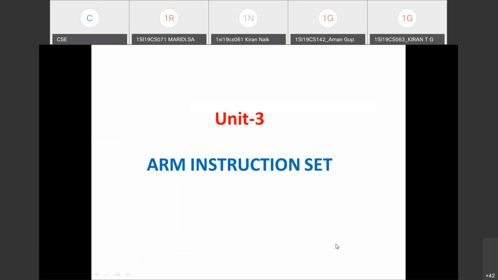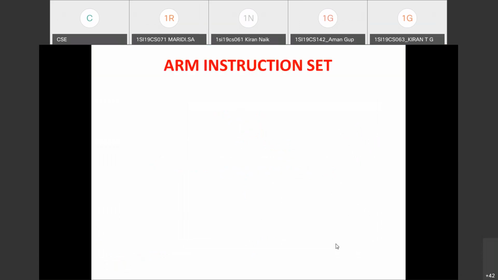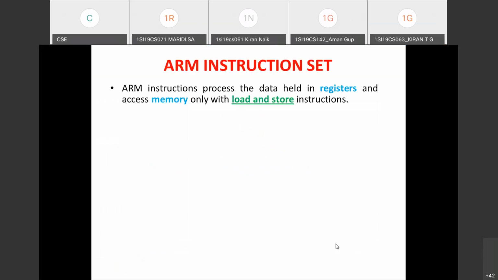So today we shall start with the third unit, that is the ARM instruction set. This is the third unit of your syllabus where we'll be discussing the instructions supported in ARM state. So all the 32-bit instructions we are going to discuss in this unit. And you know that ARM instructions process the data held in registers and they are going to access